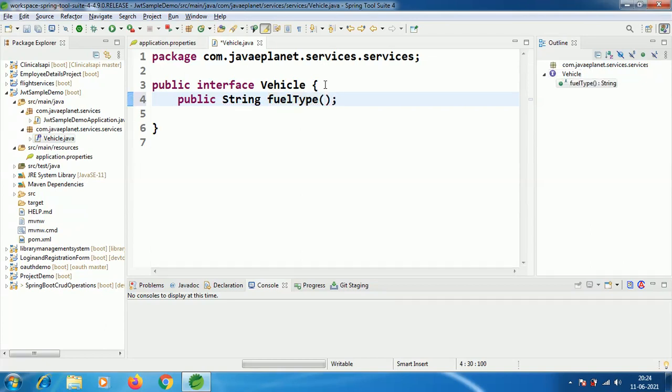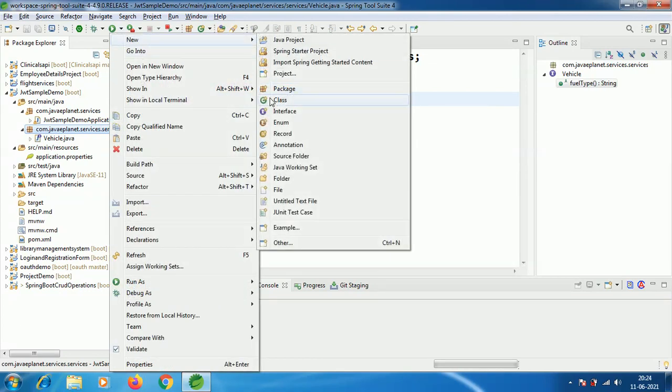Control Shift F to format, and Control S to save. This interface, VehicleInterface, has one abstract method named fuelType. Let me take two classes, a Car class and a Bike class.